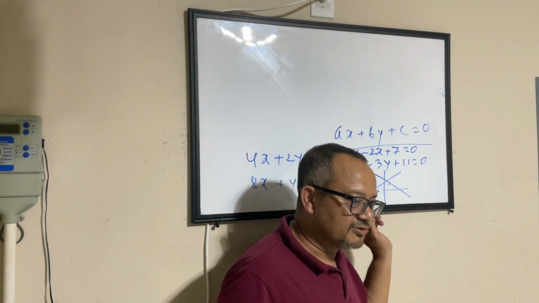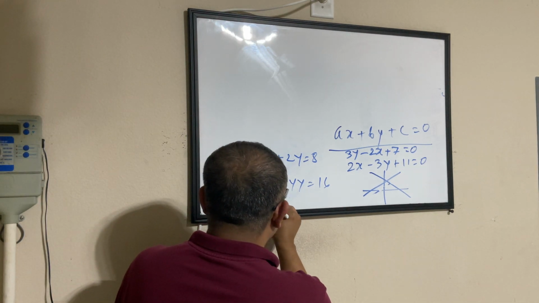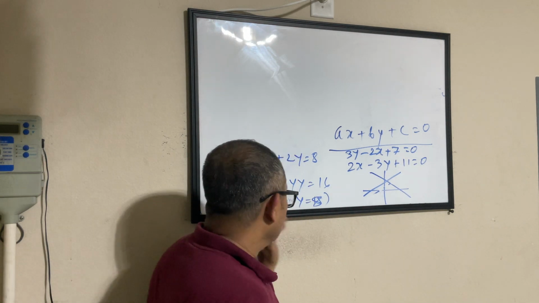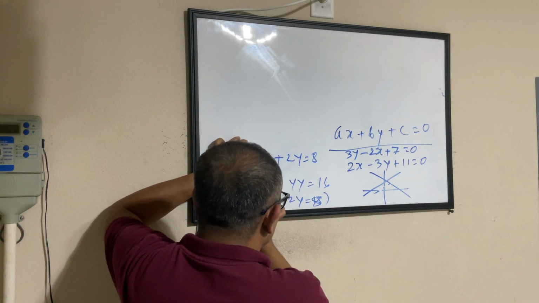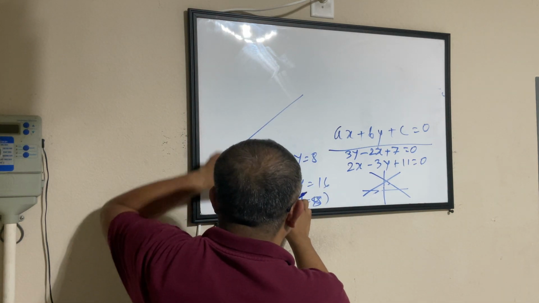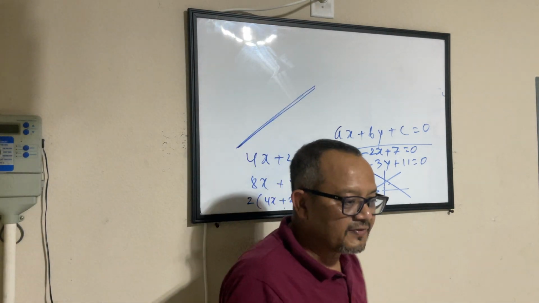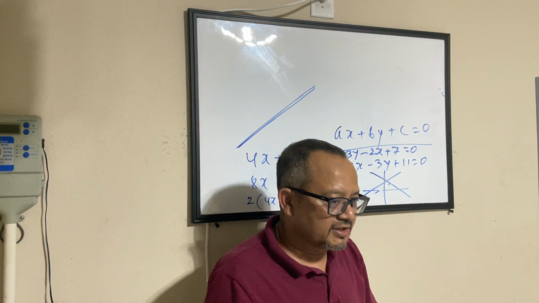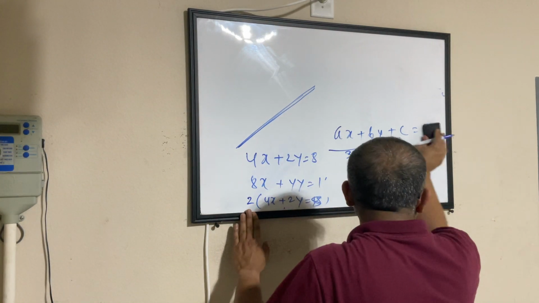Both are actually the same equation, okay? That's why here you can see that if you take 2 common, it becomes 4x plus 2y equal to 8. So this equation and this equation are the same, because you have just multiplied this equation by 2. If you try drawing this line and this line separately on the coordinate plane, you will see that they are overlaying each other. They have an infinite number of intersection points. Both are the same line actually. Now we are not going to talk about system of linear equations today. What we wanted to talk about was